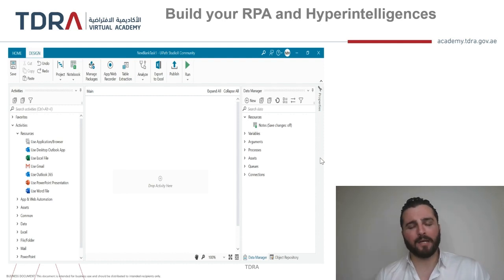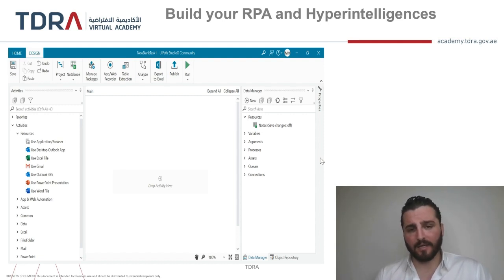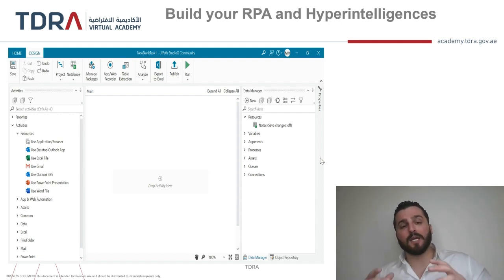So why do we consider UiPath? Just because it is easier for beginners and for new learners on how to deal with and analyze process automation in general. Now I want to talk about one more thing: utilizing these tools is not enough